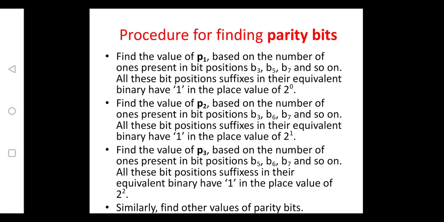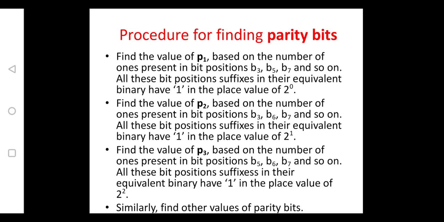So if it is an odd parity, let me take B3, B5, B7. All these three are ones and I am assuming it as an odd parity. So without adding any value of parity, already these are having 3 ones, which is equivalent to odd ones. So P1 should be equivalent to 0. Means B3, B5, B7 followed by P1. By seeing all these 4 bits, we can know whether we are writing the parity which is given in the question or not.